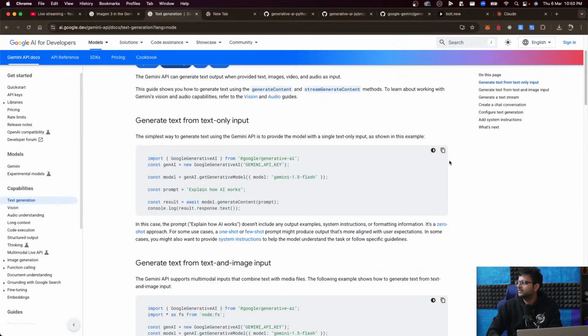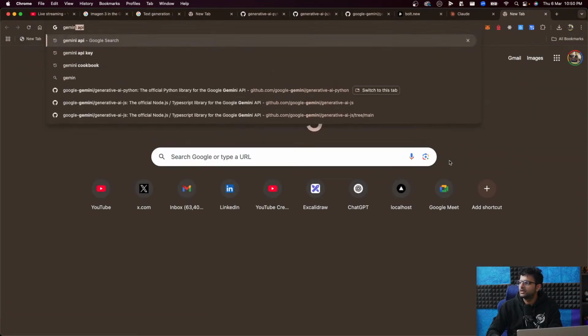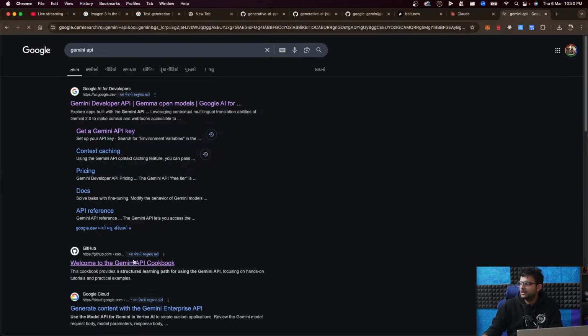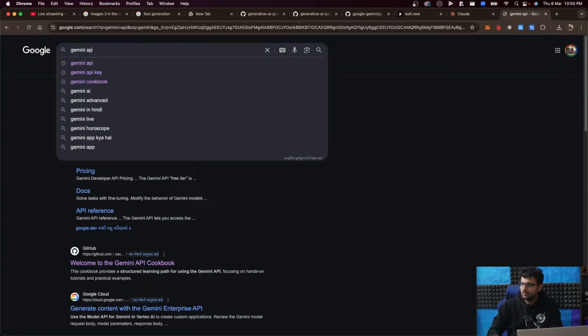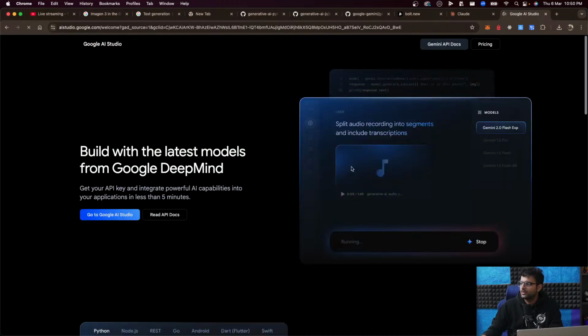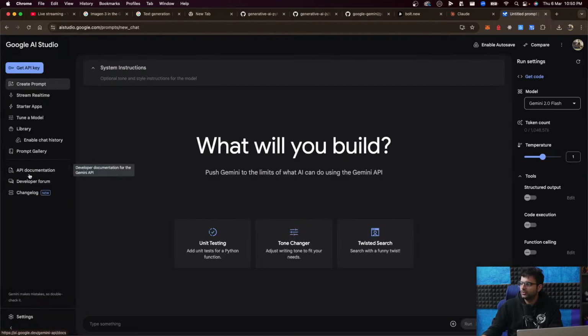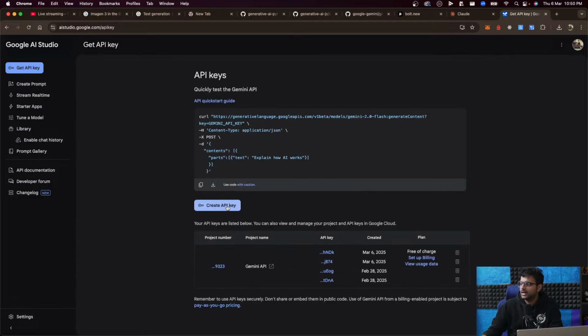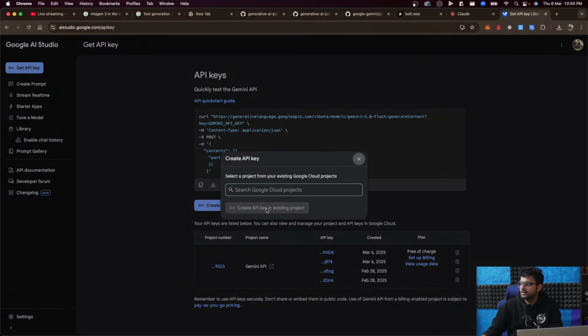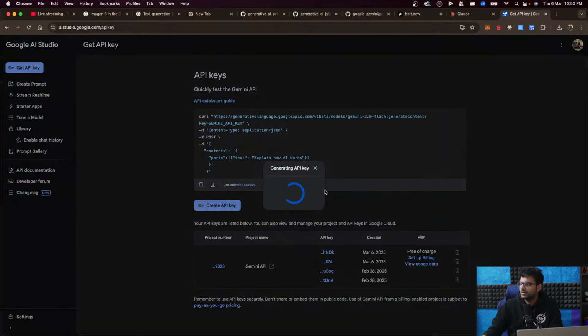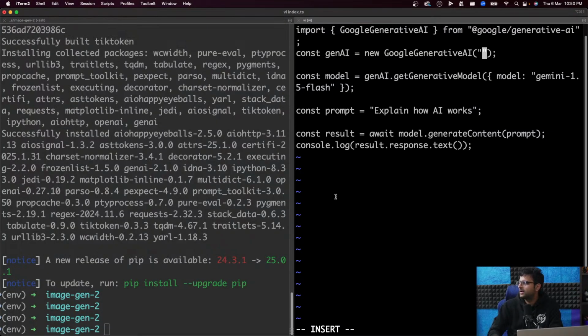So let me get my Gemini key from the Gemini API. Open this, go to AI Studio, API, get API key, create an API key, random project, create a new API key, copy it, paste it.